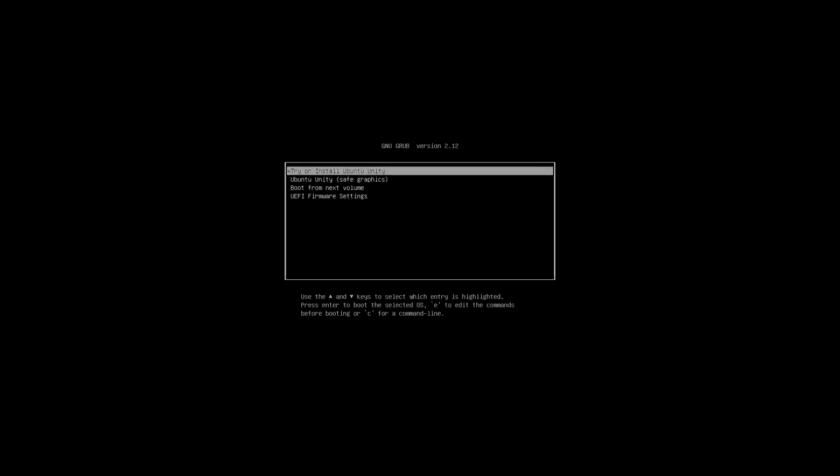There was a whole Ubuntu GNOME flavor back in the day. That's gone now. Everybody who was on Ubuntu GNOME kind of got folded into mainline Ubuntu, and Ubuntu Unity kind of fell by the wayside. But as of 2022, it is now an official flavor of Ubuntu. So let's hit enter here on the grub screen and get started.